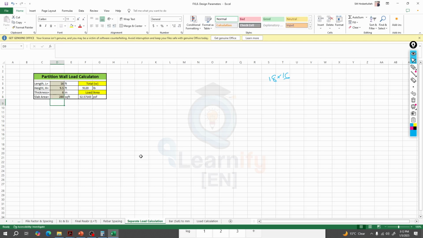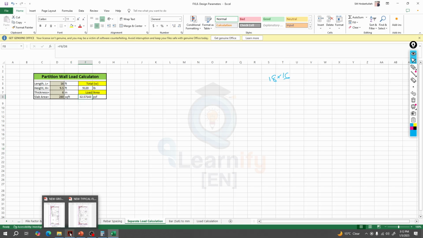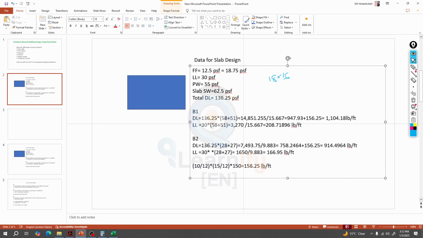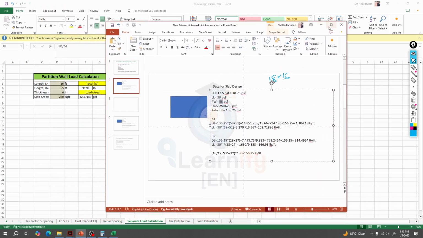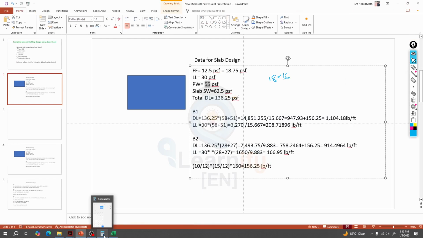So this is the total load of our wall, and here's the area load of our wall, that is 3257. Okay, 3257. So if we go to our slide, and here for partitional load 32.57, as we have some